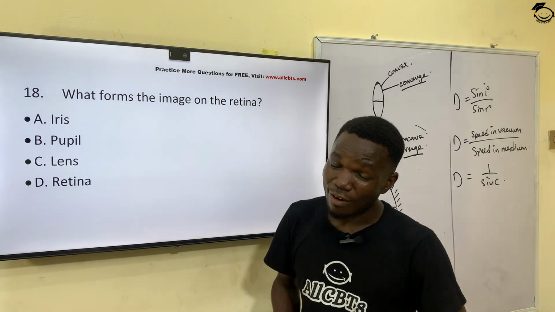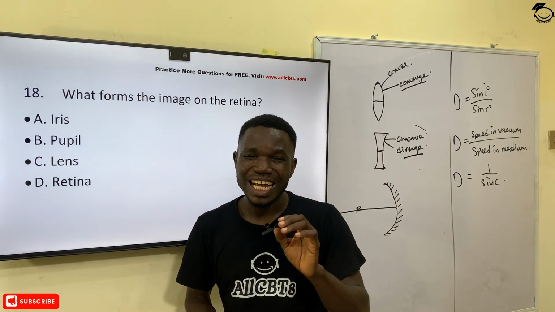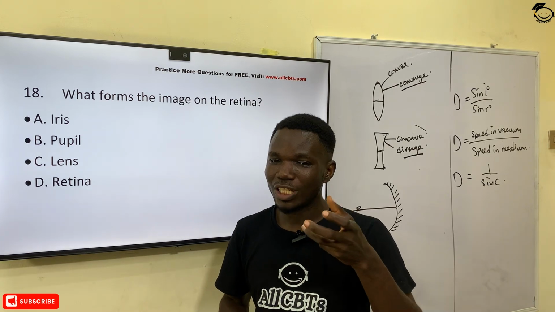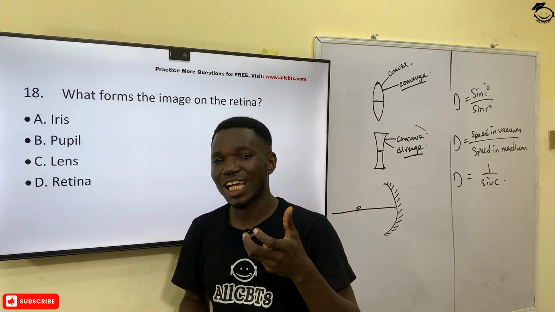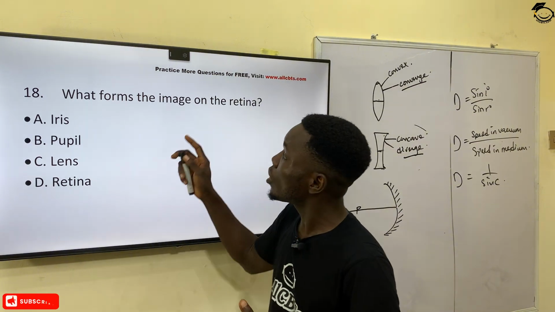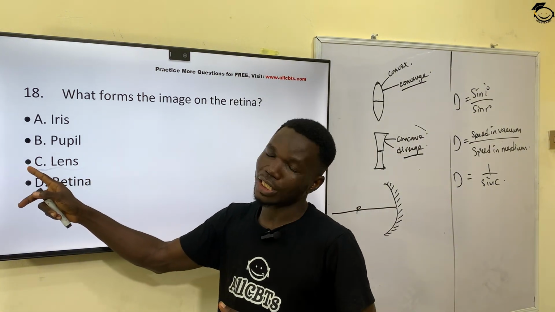Moving on to question number 18, it says what forms the image on the retina? Now, we explained in that video that the lens forms an image on the retina. So it is the lens that projects an image on the retina. So it is the lens that forms the image on the retina, which is